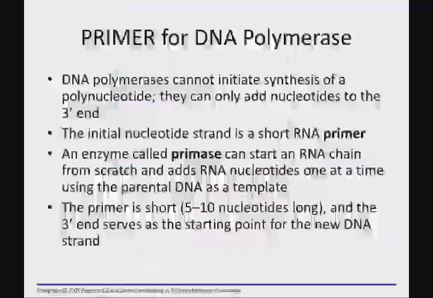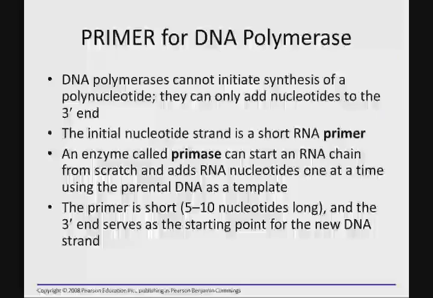All right? Now, as I mentioned before, we have a primer necessary for DNA polymerase. So it can only add nucleotides to a 3' end. So if you've got nothing there, you can't build. So this is going to cause an interesting problem later, but we'll talk about that when it comes to the ends of the DNA, linear DNA molecules that we're trying to replicate. But primase is going to come in, and it's going to put a little RNA chain down, and that primer is just enough, 5 to 10 nucleotides, for DNA polymerase 3 to start adding on new